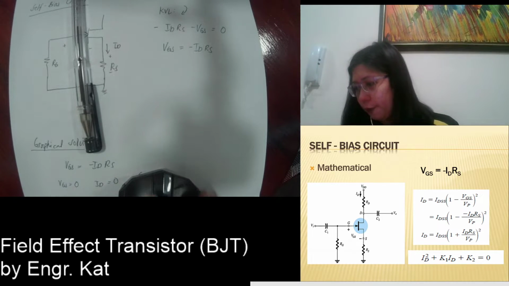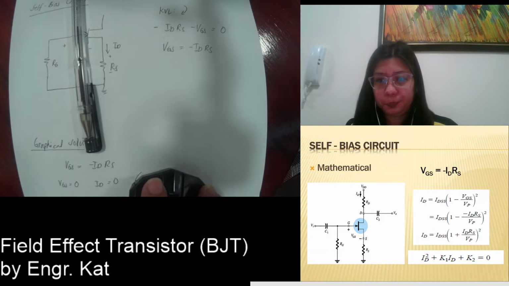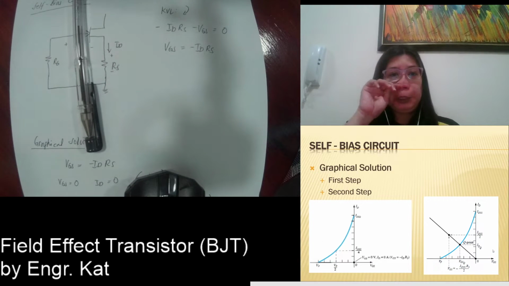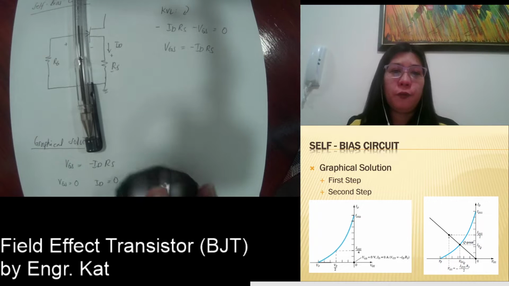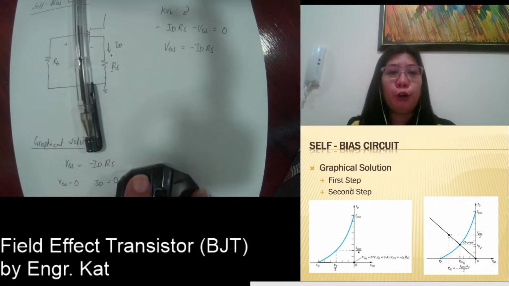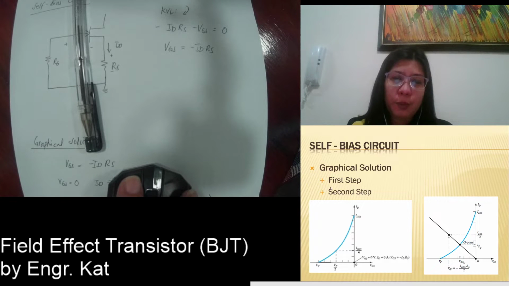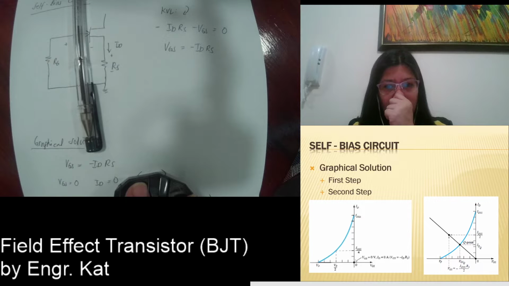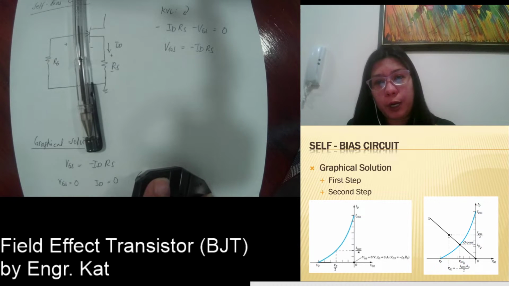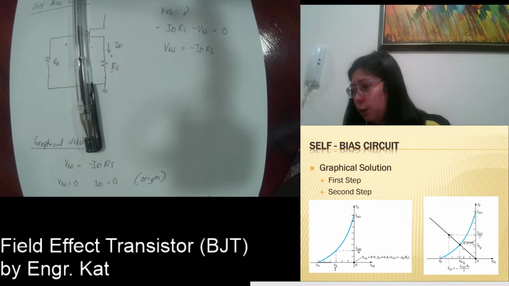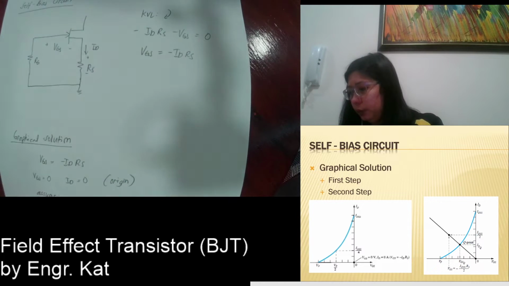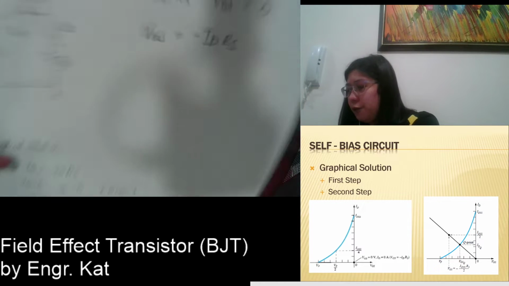So what is your graphical solution here? So the graphical solution, first step, you have to draw your transfer curve from the Shockley's formula. You have to plot your Shockley's formula. And then after that, you will be drawing your load line. Okay, so how are we going to do that? So for the graphical solution,